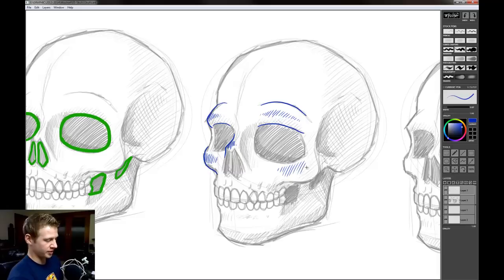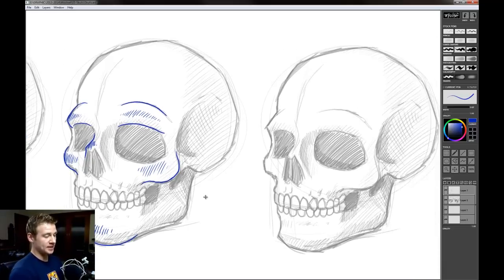High cheekbones or really prominent cheekbones tend to portray an either masculine or really drawn, aged sort of character. And then we have down here the chin. I'm just outlining there where it pops out most at the bottom. Okay, so I'm fairly happy with just pointing out those things, and if we move along to our last area, I just